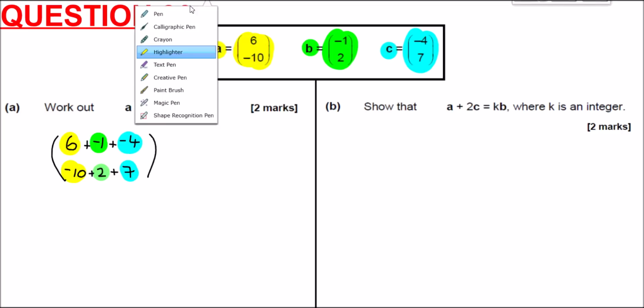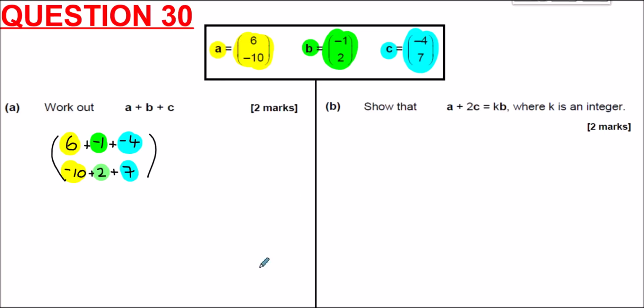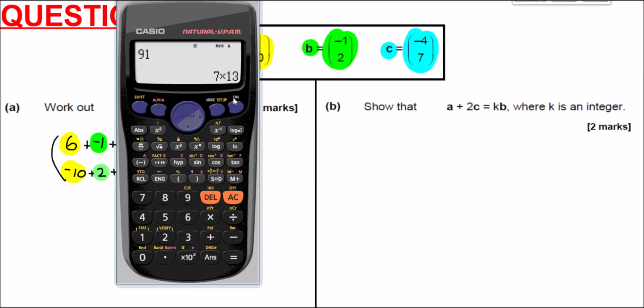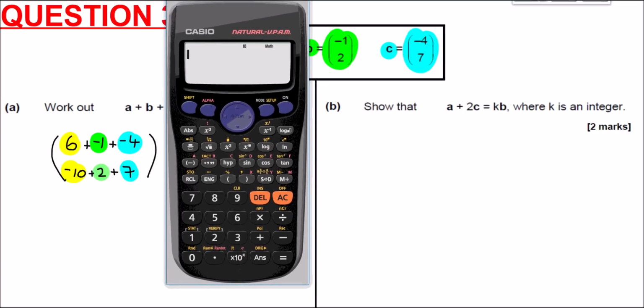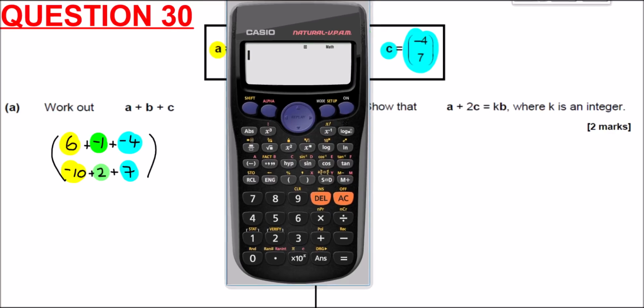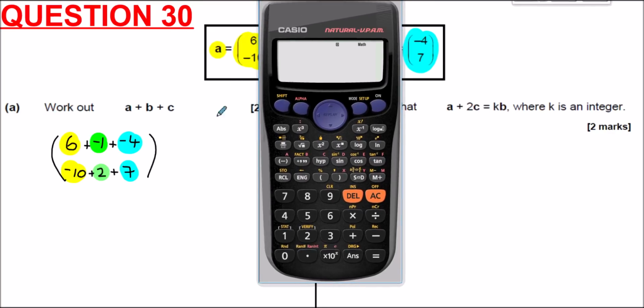Now with negative numbers it can be quite confusing, but I'm just going to remind you of what calculators can sometimes do. So for example, calculators used to not like you putting positives and negatives together. But these days, with a good enough calculator, the calculator can process it for you without a problem. And so once you've got faith in your calculator, you can work these values out by just typing it in as it appears. 6 plus minus 1 plus minus 4